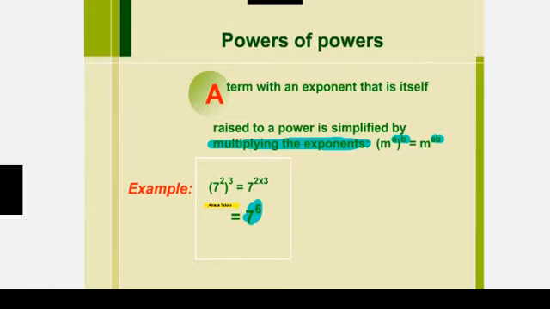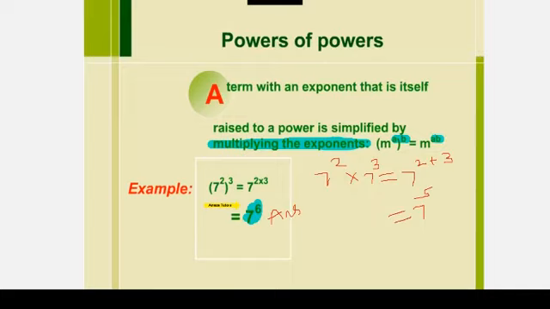Actually, a few students will get confused between two properties, the product rule as well as the power rule. For example, if they have something like this, very similar to the given question, this is when you will be adding the exponents. Most students get confused with these two properties whenever it is a power of power and when it is a multiplication or product. So, let me clarify this so that you will understand it and will not make such mistakes in future.